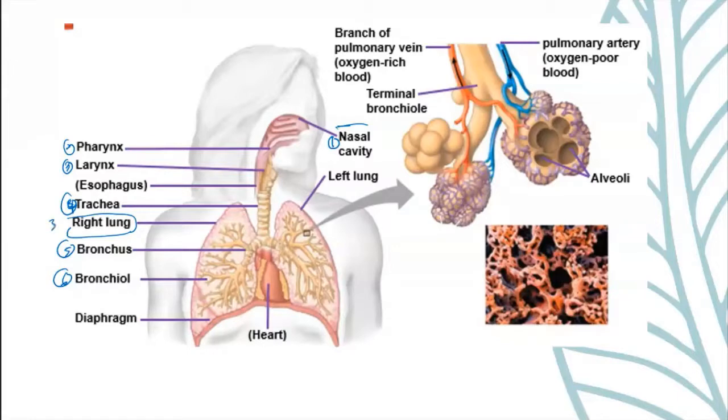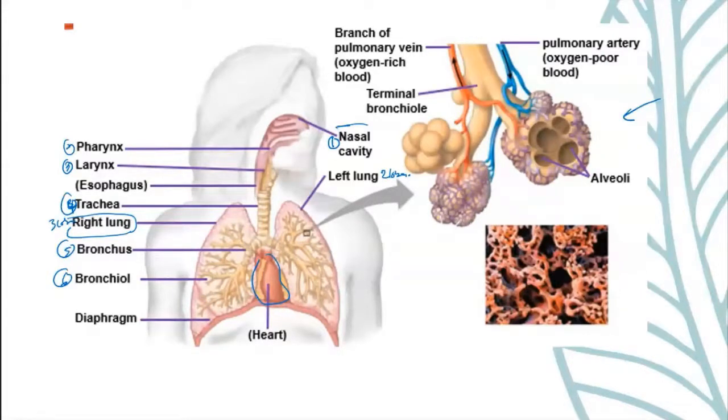The right lung has 3 lobes. The left lung has 2 lobes. In between, there's the heart. The other diagram on this side shows you the arrangement of the